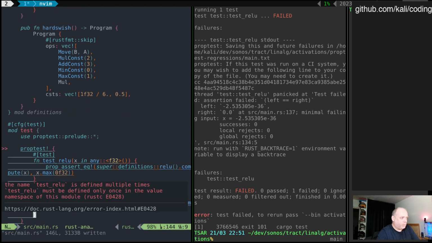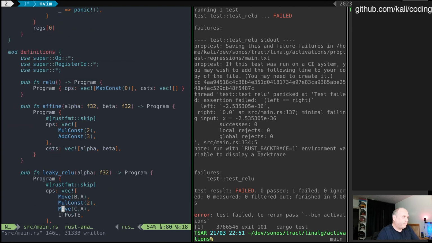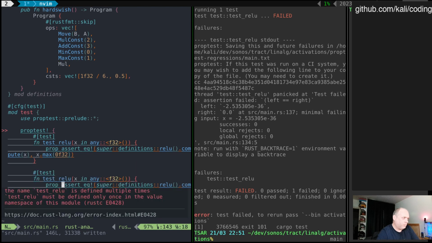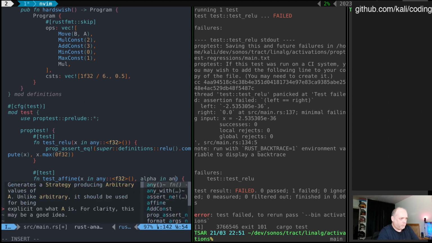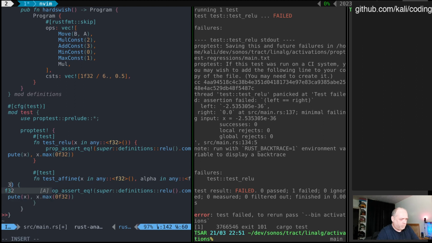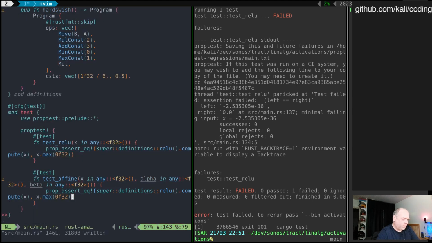So second candidate is affine with alpha and betas. So I'm going to demonstrate a bit more of prop test, beta in any f32, and so affine alpha and beta compute x should be, so affine